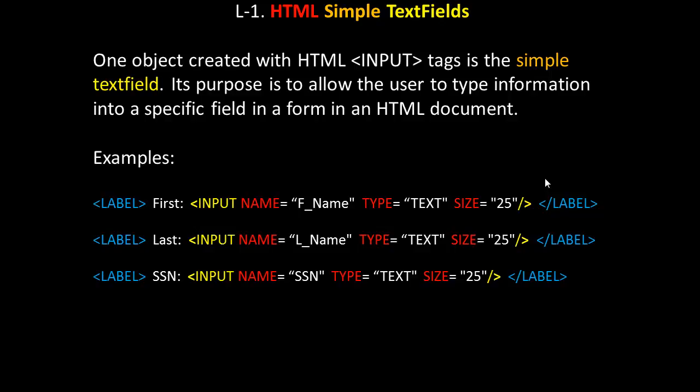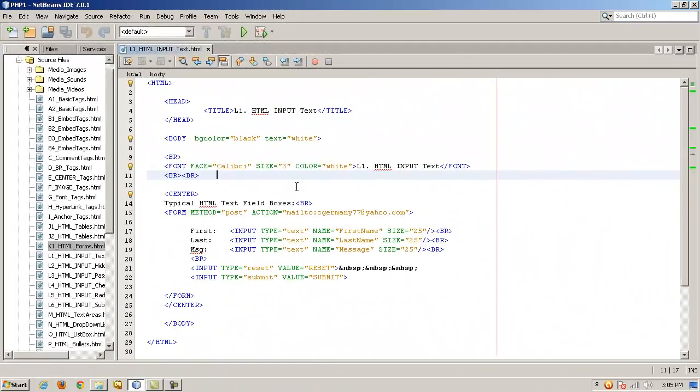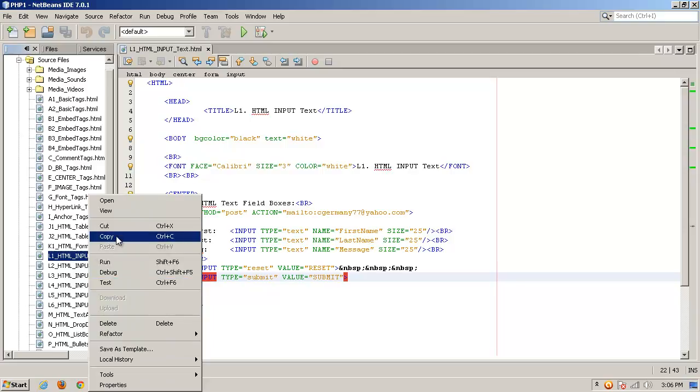And then the type, of course, is text, and the size is 25 columns. And once again, we're using a similar example to the previous example. So within our form tags, we have input tags. And specifically here, we're looking at text fields. So we want to look at these input tags here. And notice the type is text, 25 columns, and it's going to be called first name, last name, and message. And then here's just a reset and a submit button. And to see how that looks,